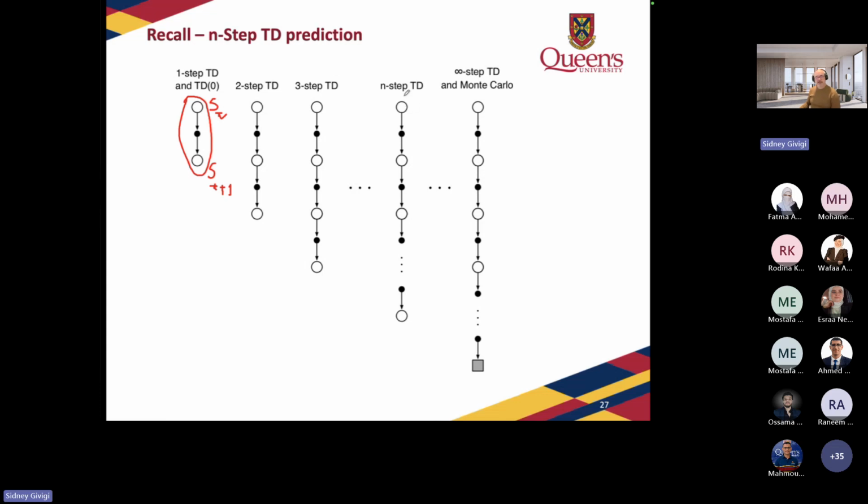So here we get S_{t+1}, S_{t+2}, S_{t+3}, S_{t+4}, up to S_{t+n}, right? So that would be the last one here. Or we can actually generalize this to a Monte Carlo approximation, so that we start at S_t and we go all the way to a terminal state. The number of steps that we have in here is going to be variable. So it depends on the application, it depends on that particular run, but that's what we are going to have in here, okay?